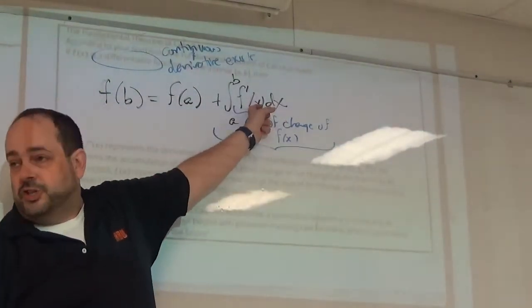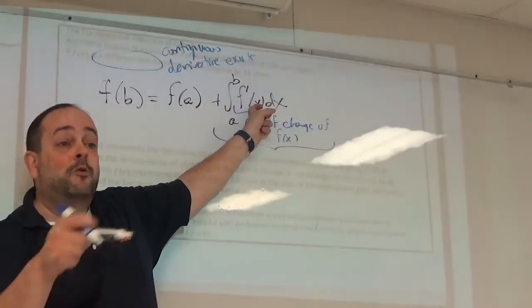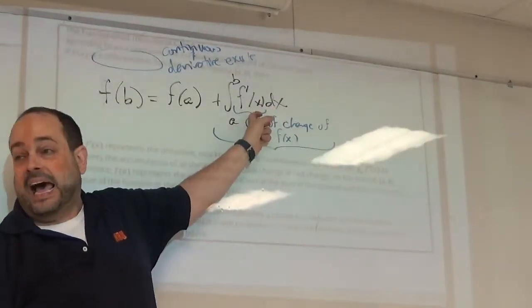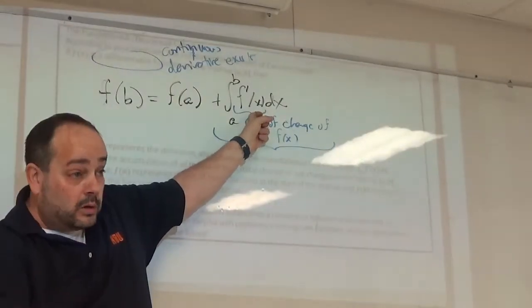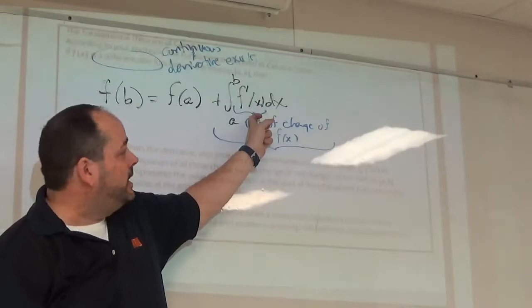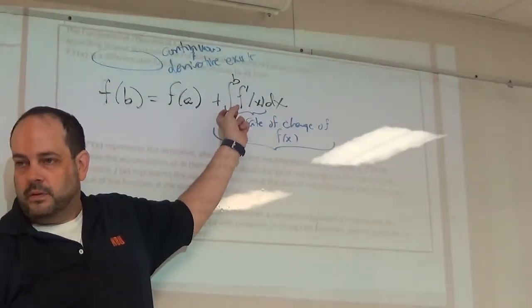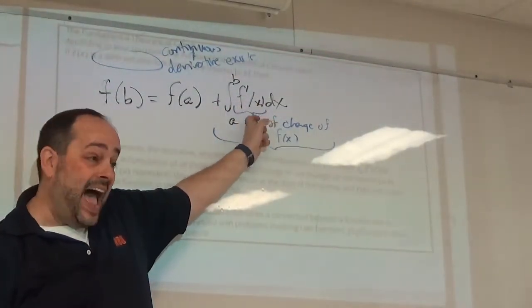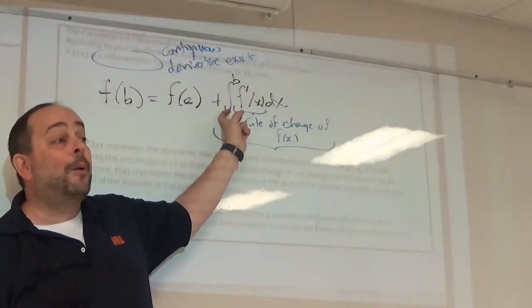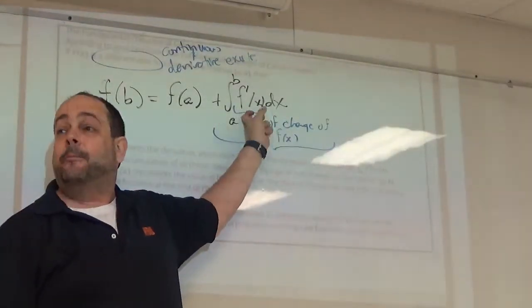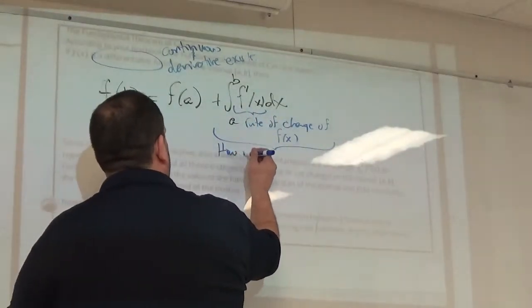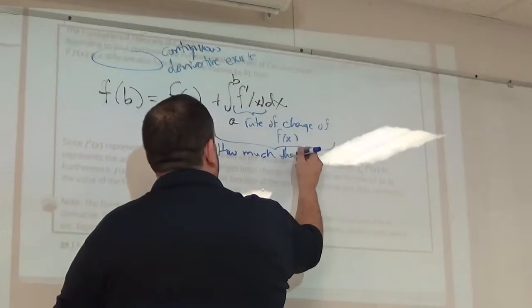When your integrand is telling you how fast, maybe it was how fast water was leaking out of the pool, maybe it was how fast your position was changing, what happens with the integral? If this is how fast, when you integrate it becomes how much. This is how much your function changes. So how much the function changes